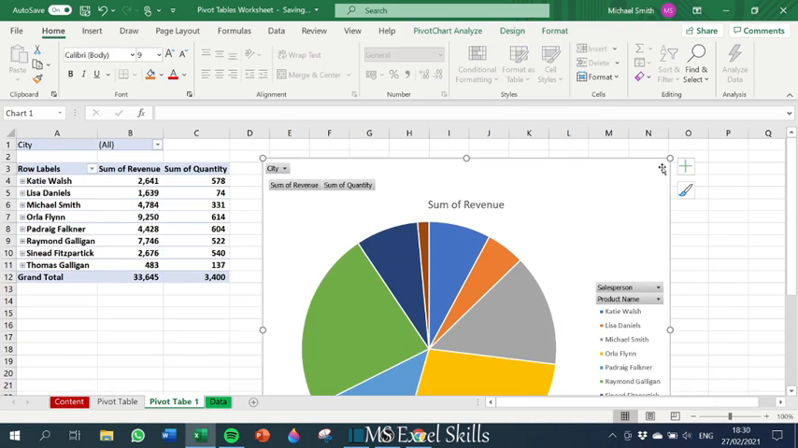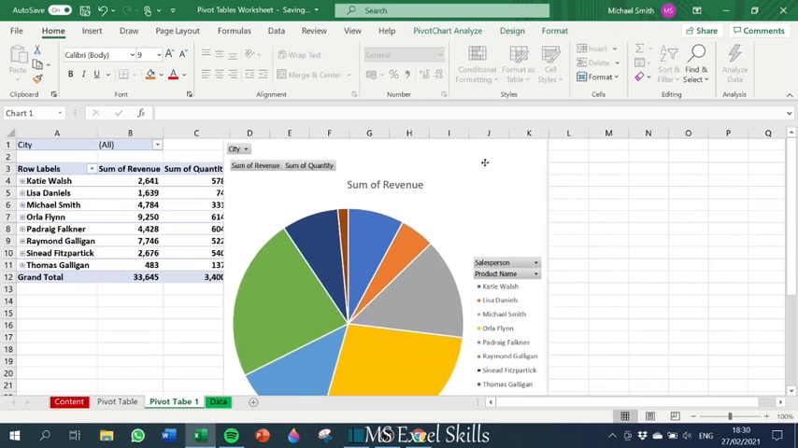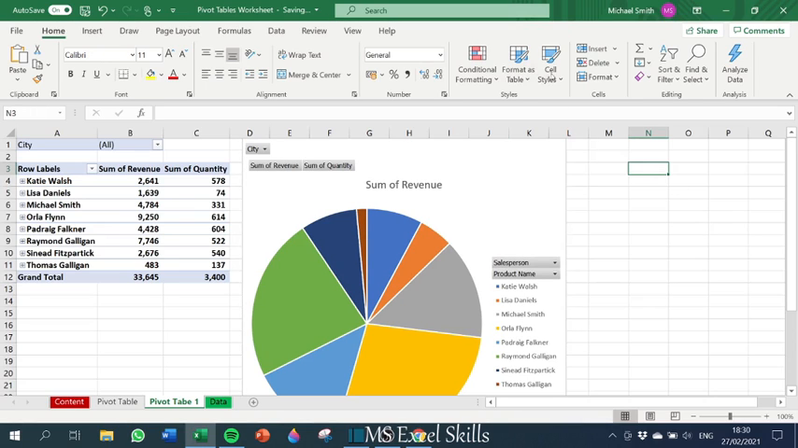And again, we can have multiple charts at the same time. So we can insert, so again we can add a